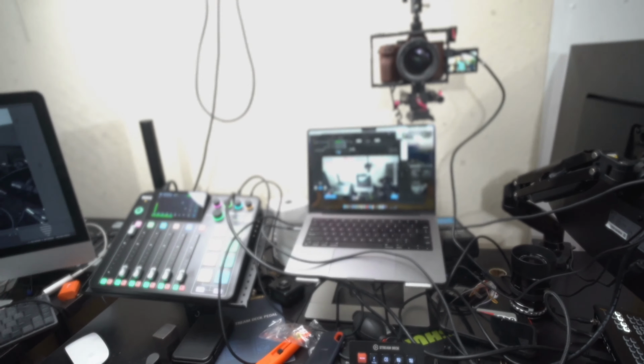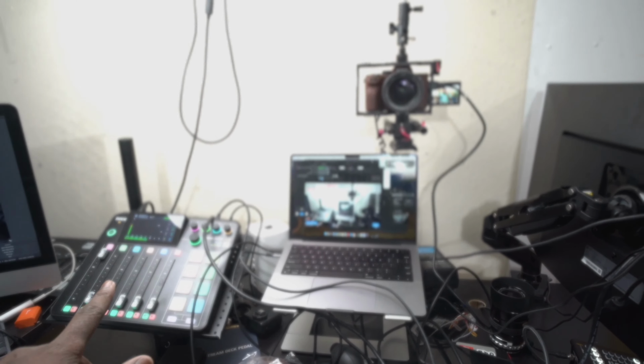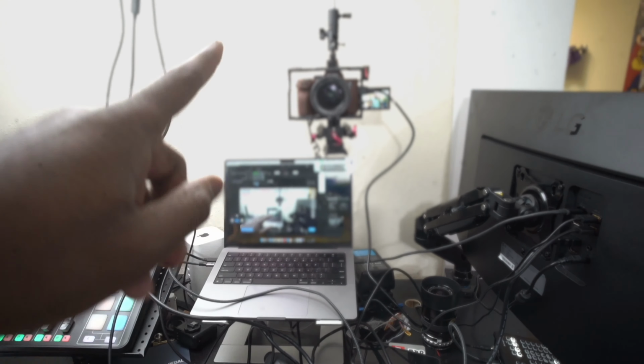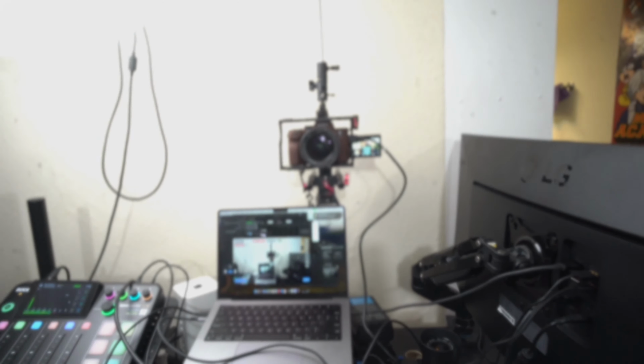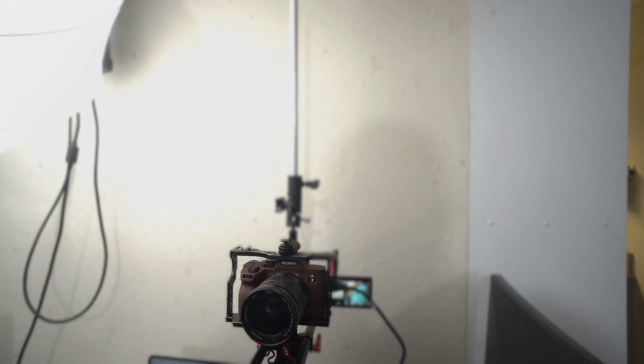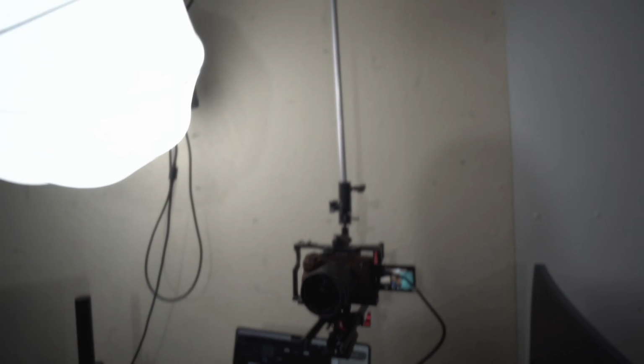So I have my Rodecaster Pro 2 to capture audio, I have my MacBook, I have a Sony A7 IV with a 16 to 35 millimeter lens, that's going to give me that wide look to capture the whole room. And you're probably like, well, how is it hanging in the air? I'm using an auto pole to hold it, and I got this little metal rod from Home Depot,